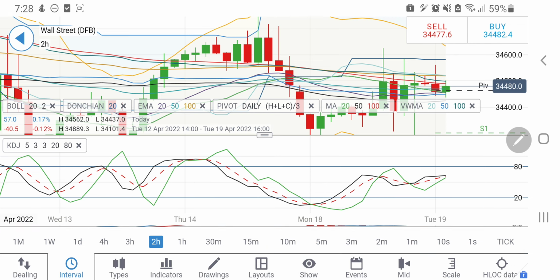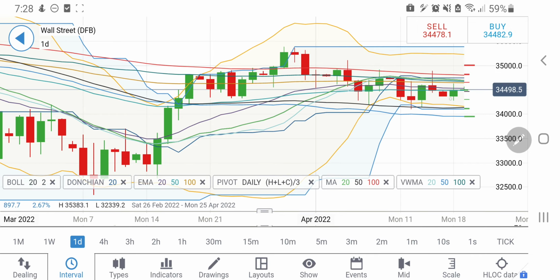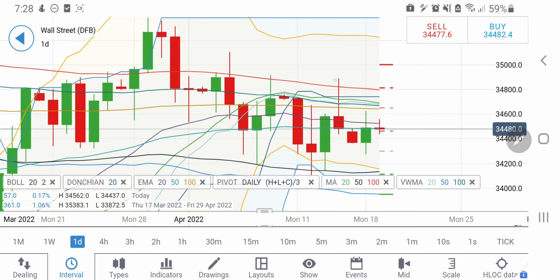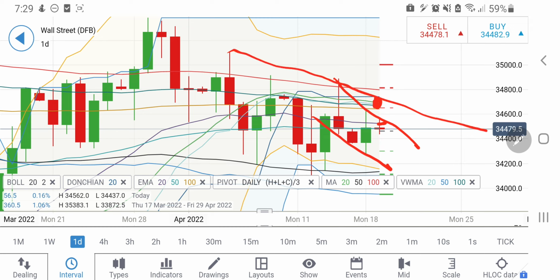Now let's come back to the daily charts here. What are the daily charts indicating? On the daily charts, you can see lower highs, lower lows, trading perfectly in this channel. And hence yes, still you can take a long entry above 34,500. The target is 34,550, and beyond that we may see it getting stronger resistance between the 34,650 and 700 zone. These levels are definitely going to provide a stronger resistance, and then it may try to come back towards 34,750 also. This is also very much possible.